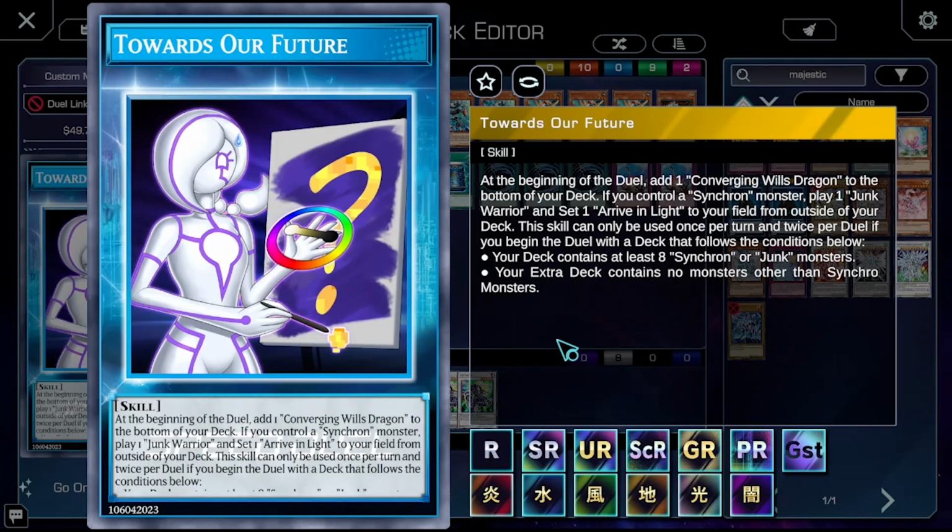a lot easier. So first of all, it adds it to the bottom of your deck so you don't draw it, and also it sets Arrive in Light directly to your field, so you don't have to draw it or search it. And also it helps us summon Stardust Dragon a lot easier because it gives us a free Junk Warrior. So what you can do is just summon a level 3 Synchron tuner, and then play the skill, and